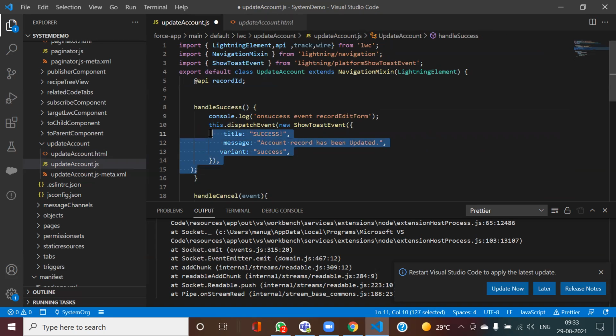And this toast message, if you remember, is the same thing that we did for Lightning components also. There also we were using toast messages. But here to use toast messages, you need to import this library from the Lightning platform.